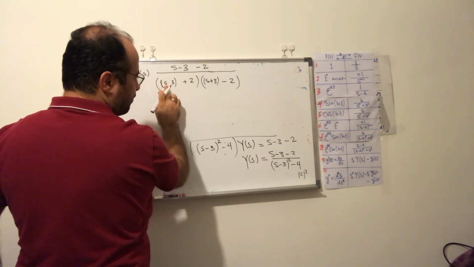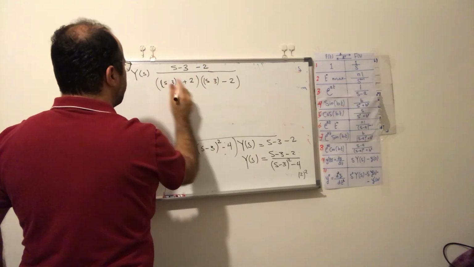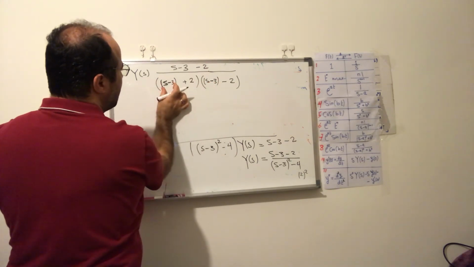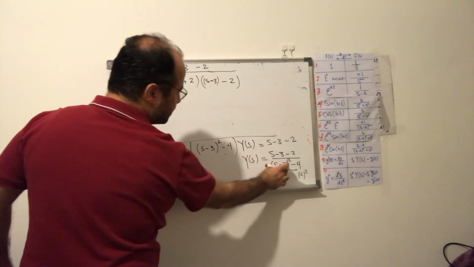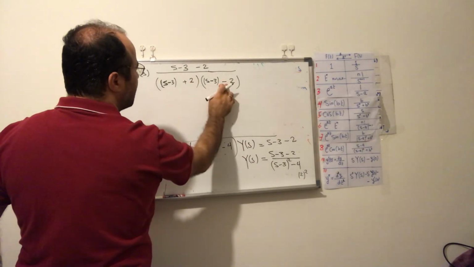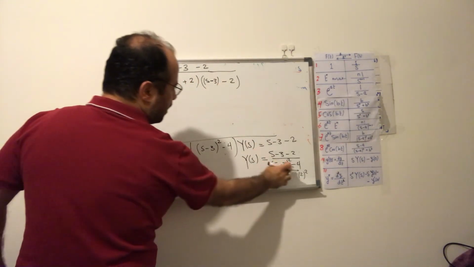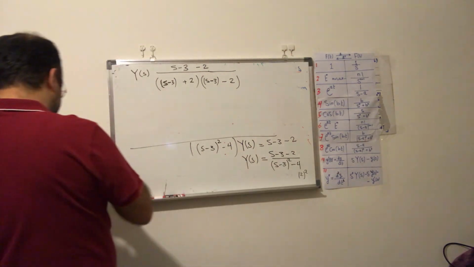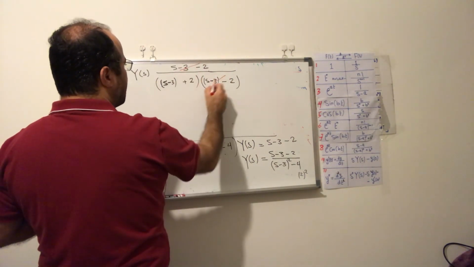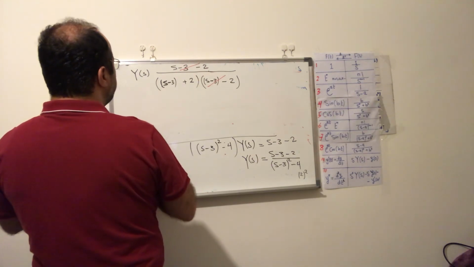So s minus 3 minus 2 times s minus 3 plus 2. Now you can simplify this thing with that thing, and you end up with